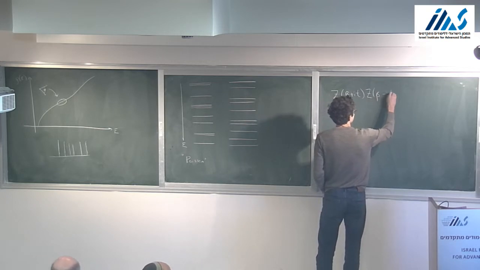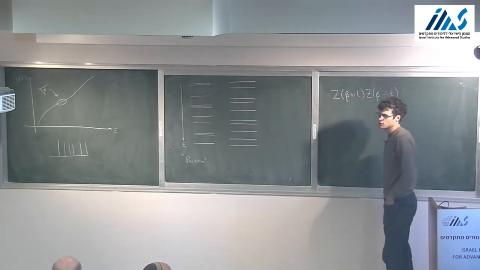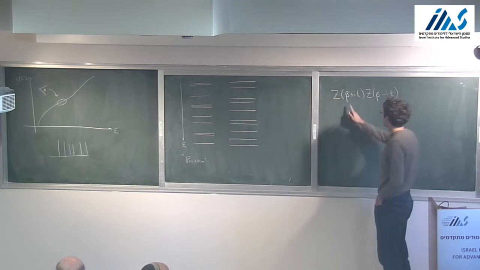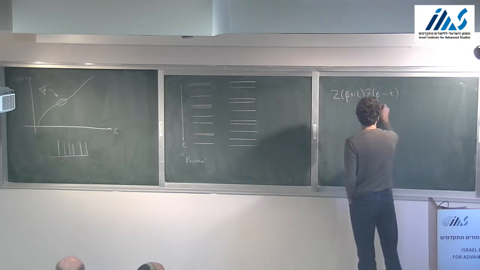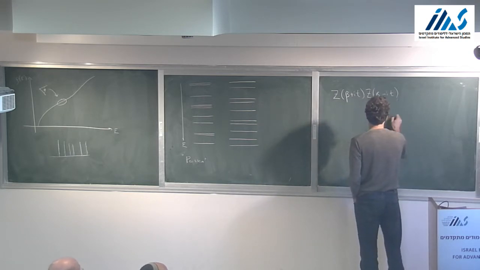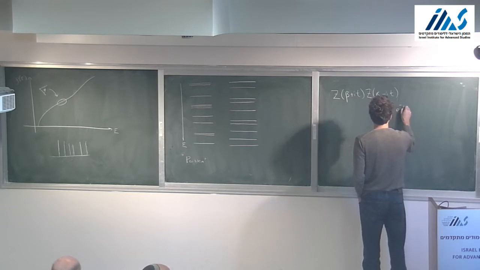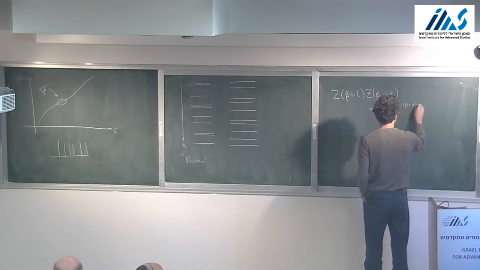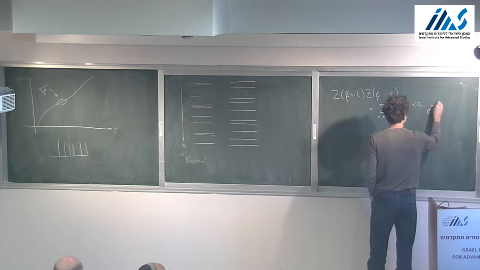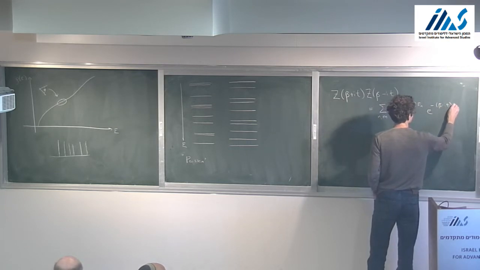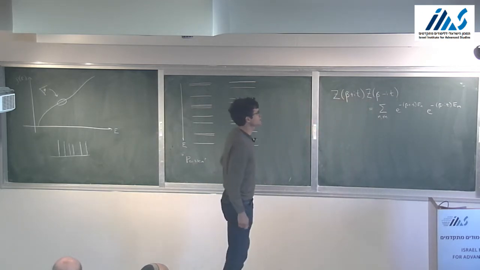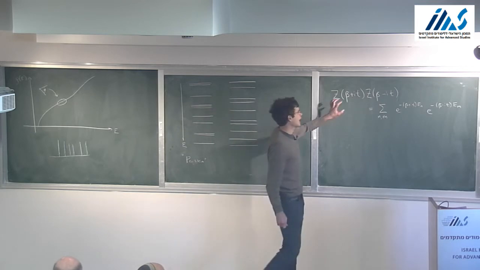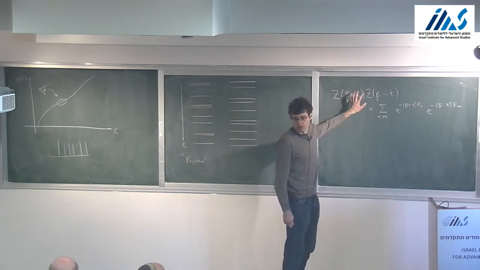So the function Z of beta is the thermal partition function. It's the trace of e to the minus beta H. And here we're just continuing it in its argument beta. So this thing can be written as a double sum over the spectrum of energy eigenvalues of the theory. And actually what we'll be interested in is the average of this quantity over an ensemble of matrices.